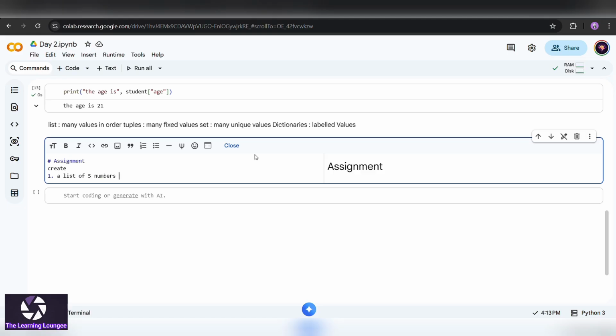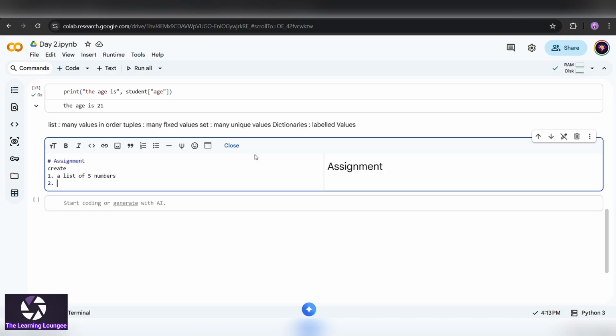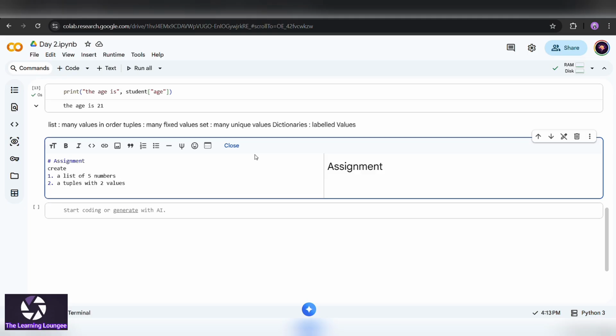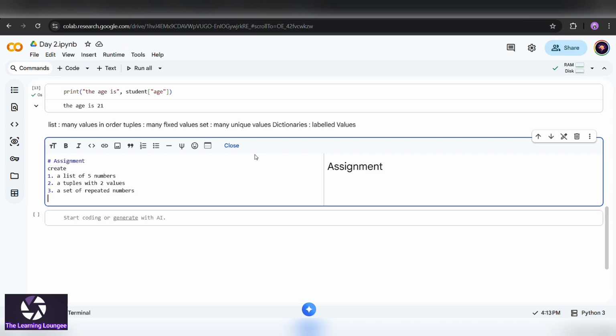Then create a tuple with 2 values. Then create a set of repeated numbers, then a dictionary